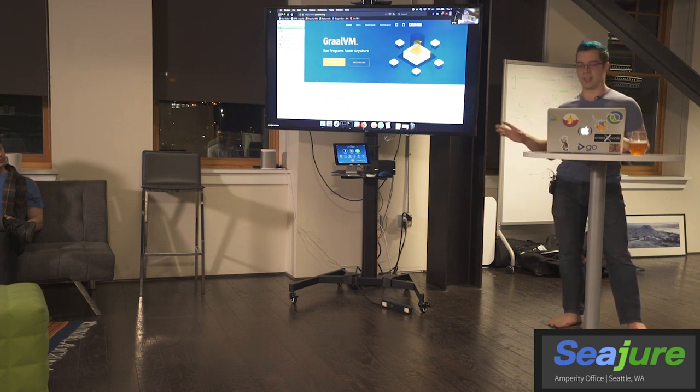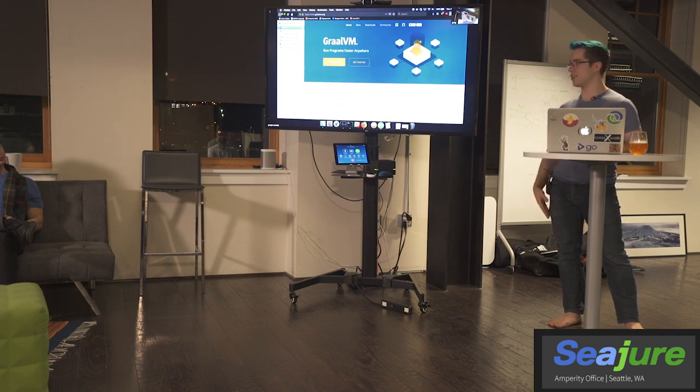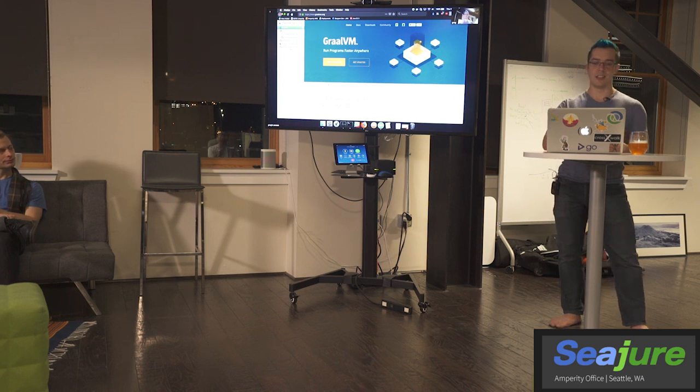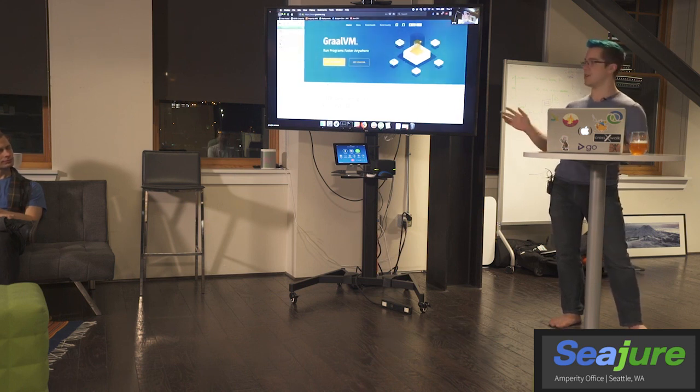And one of the second big things that Graal lets you do is build native images that embed the substrate VM along with your compiled code so that you can get the speed and resource usage of a native executable, even though your original language was something extremely high level like Clojure. Also, feel free to stop me with questions if you guys have anything you're curious about.